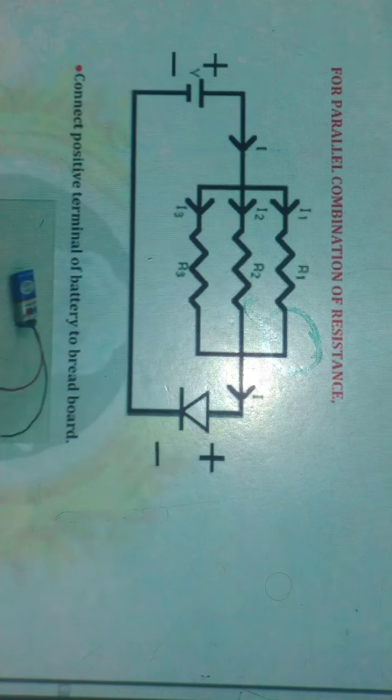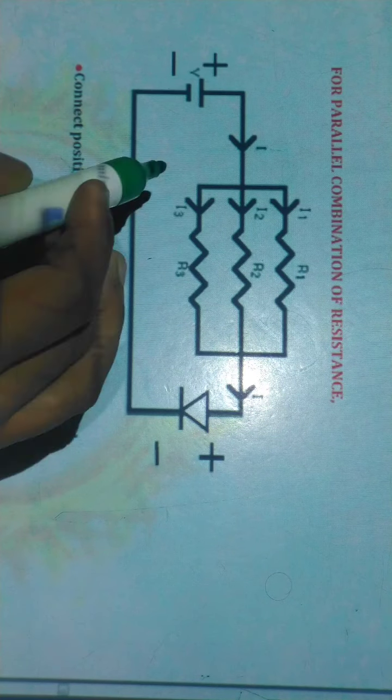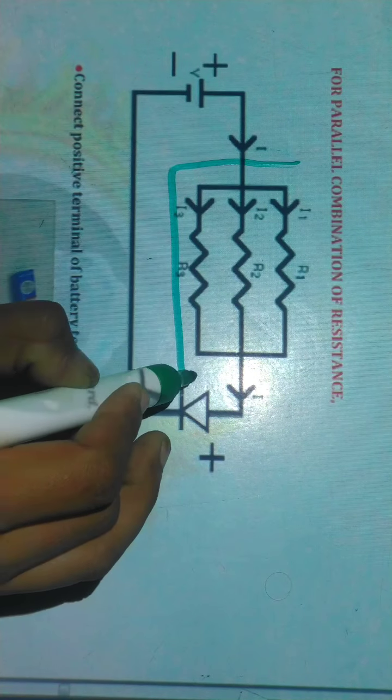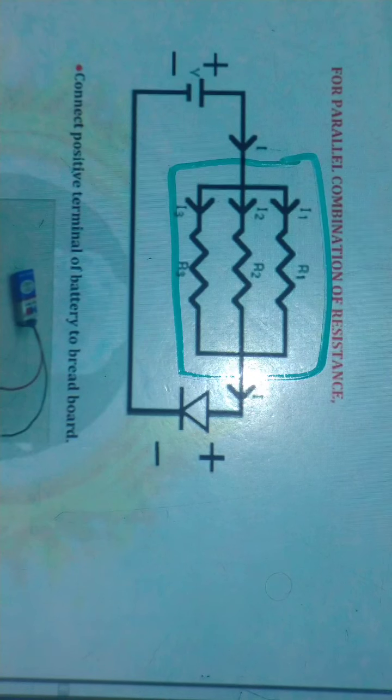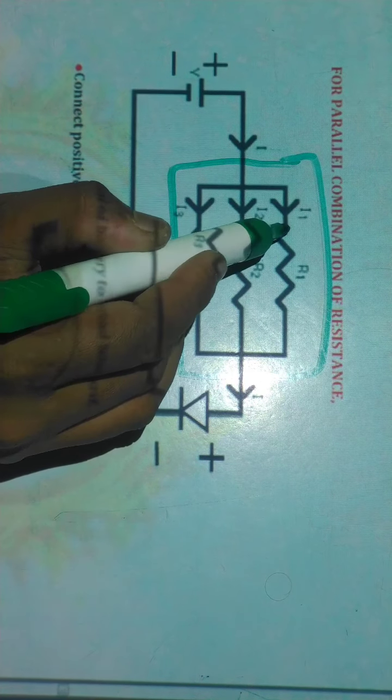Let us move towards our parallel combination of resistance. So first you note what the parallel combination of resistance is. First, you see this figure in a green box. Three resistors are connected parallelly. Why do we call it the parallel combination? Because